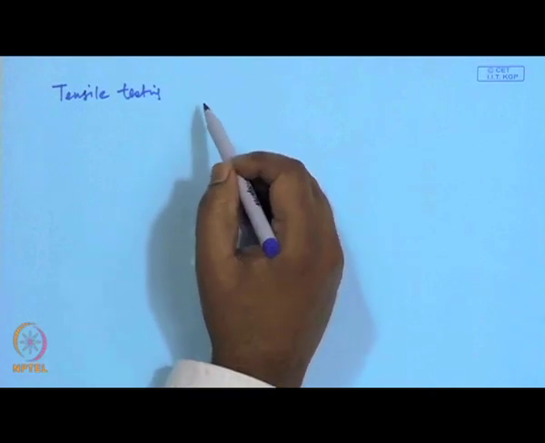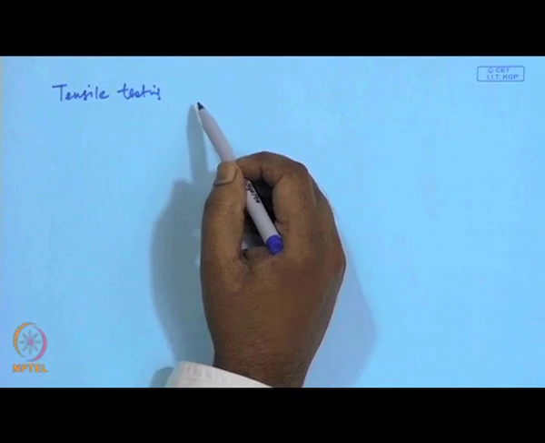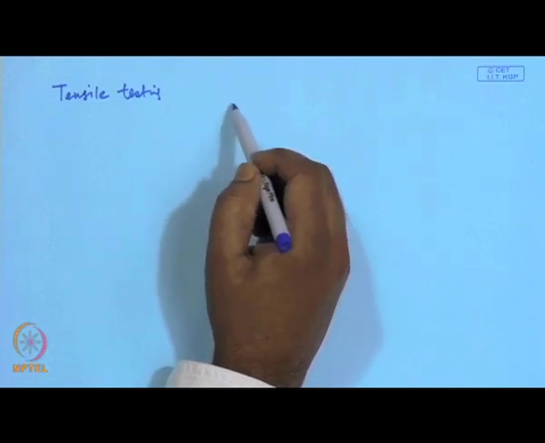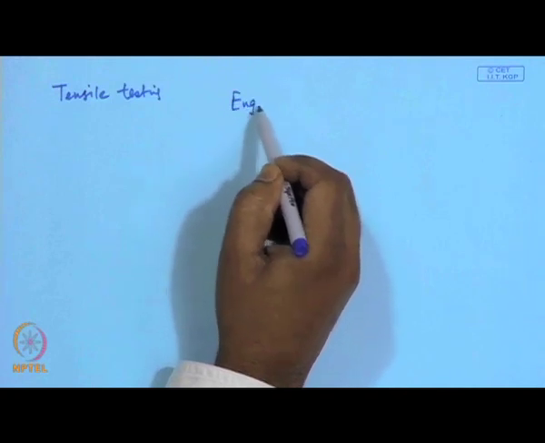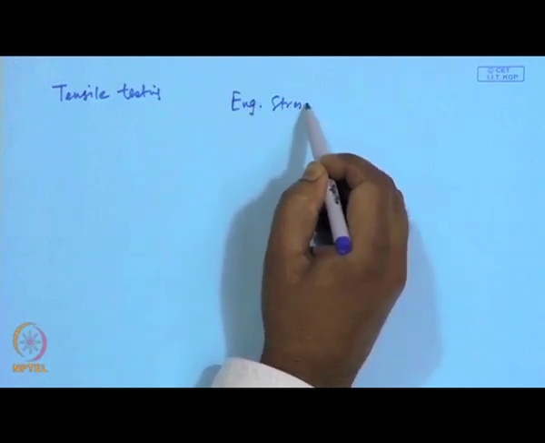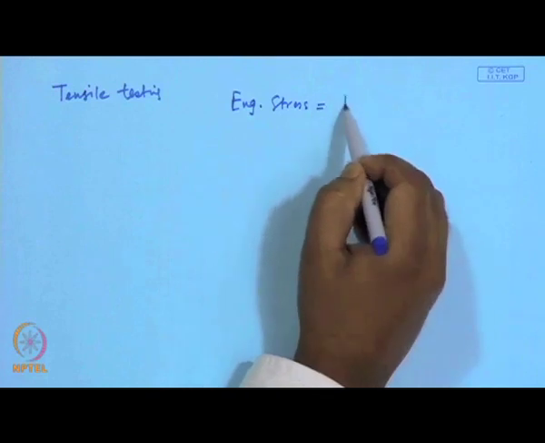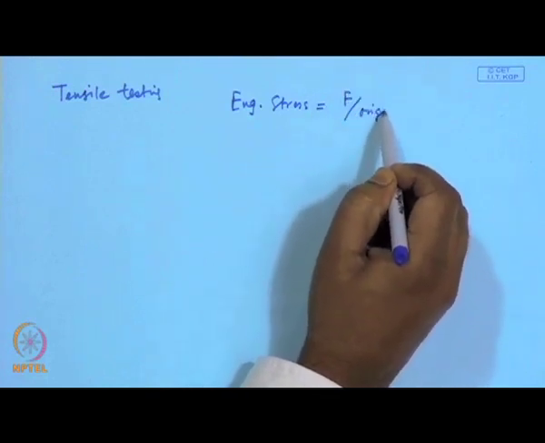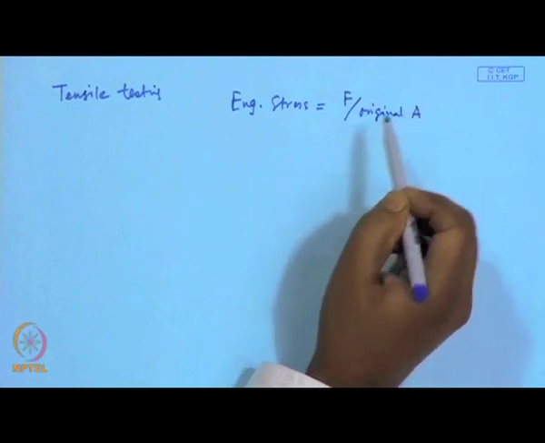So, actually the strain and the stress change because the original dimension changes. So, these are the terms sometimes used. Engineering stress is F, force, by original A,